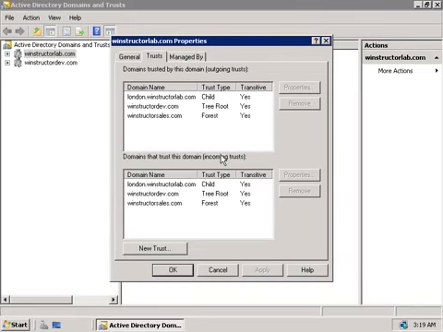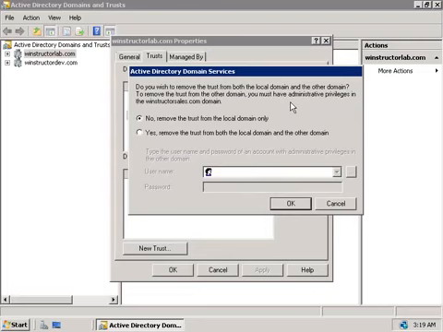Now back on our dco1.winstructorlab.com domain controller, if we no longer need this trust, by the way, this job's a little easier since it's as simple as selecting the trust from the list and then clicking on the Remove button. Now we can choose to remove only the local domain trust or both domains, winstructorsales.com and winstructorlab.com, but removing both will require you to have credentials in the remote domain.